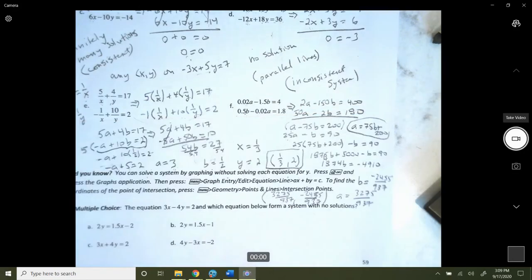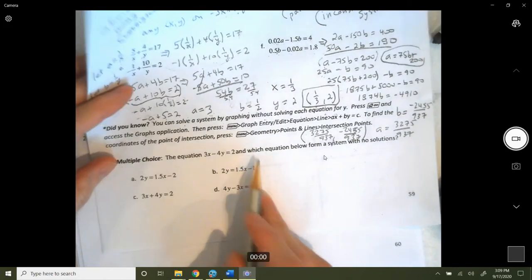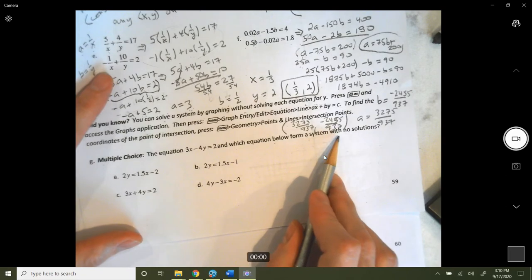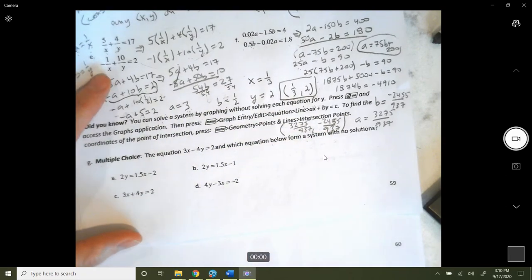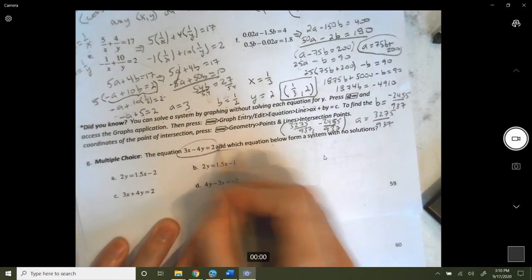And going back to this page, let's go to the next problem. This equation, and which equation below form a system with no solutions. Okay, what I would probably do is find all their slopes. I would put them all into slope-intercept form. Okay, so we've got